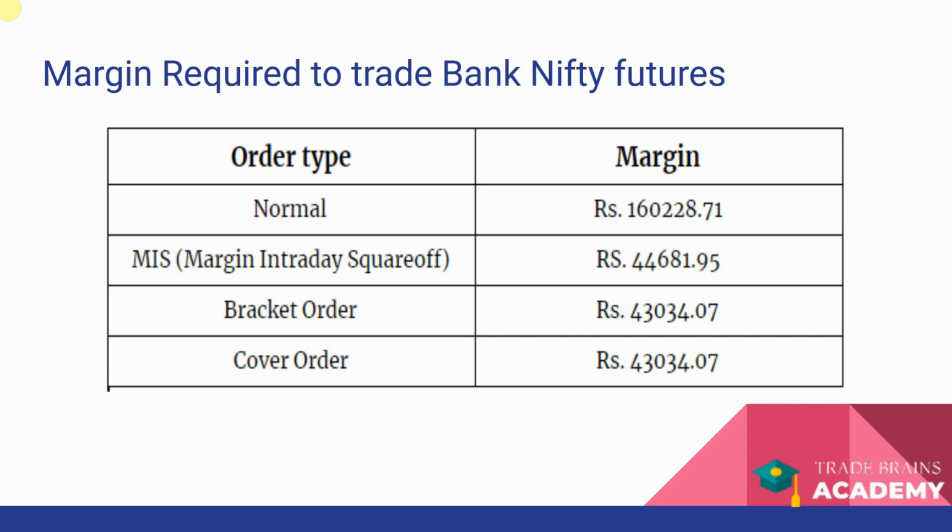But one interesting thing here is this: whenever we are trading the index as a futures contract, the amount of margin required, even if you're carrying a position overnight or to the next day, is almost 15 to 20% of the total contract value, because of the lower volatility and because there are more players involved in it.